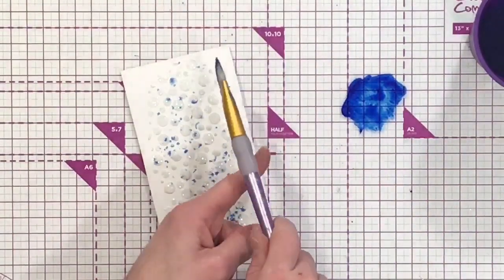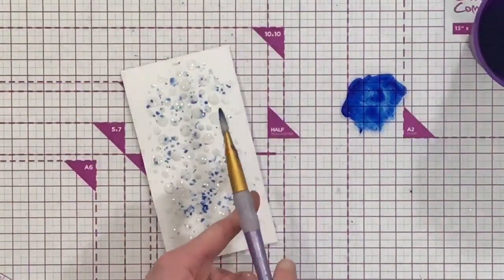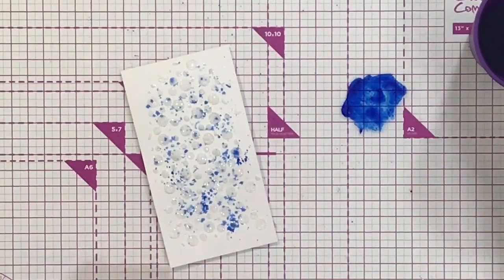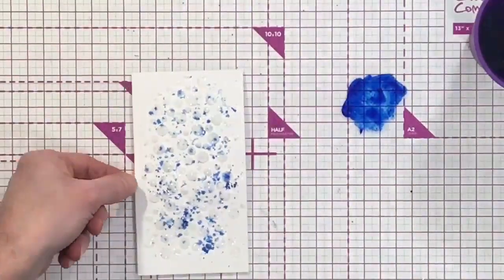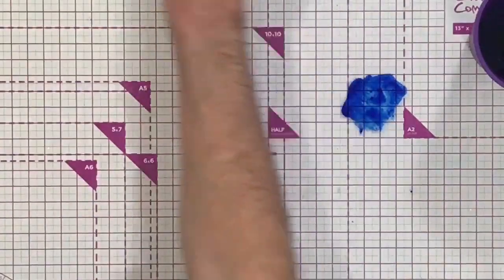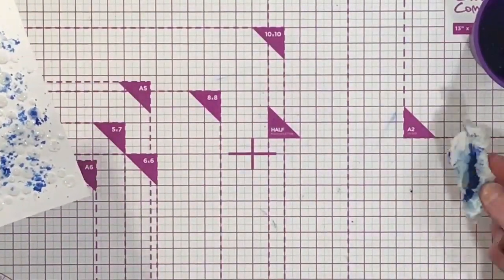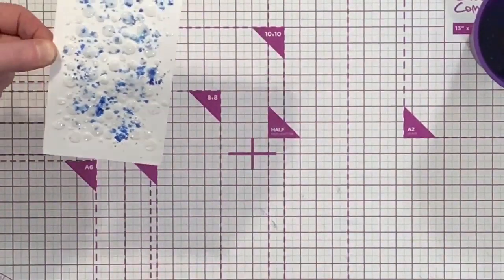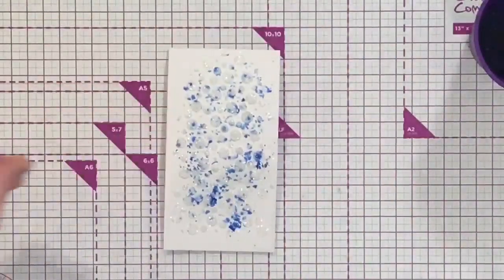Now I'm not watering it down too much because I want that blue to be quite strong, that we can see here. And then once again what I've done is I've aimed it towards the middle. So let's go back and forwards. I'm just cleaning up any excess. Now of course usually I wouldn't waste that, but for the sake of time I am just going to go over. Let's take as well as dry that off, and then what I'm going to do